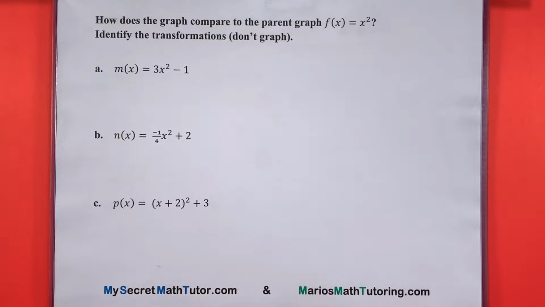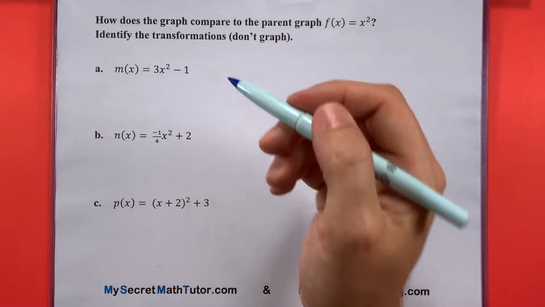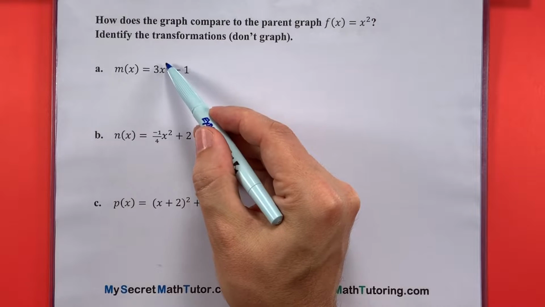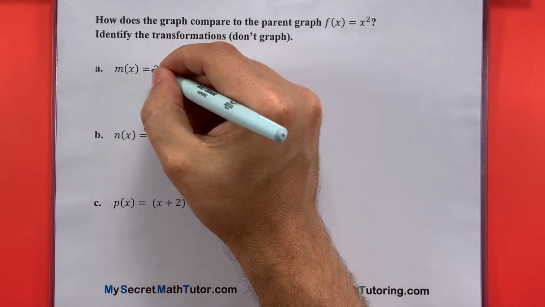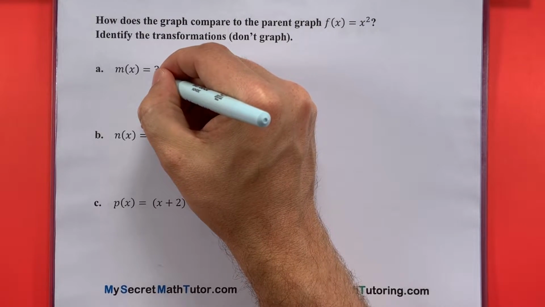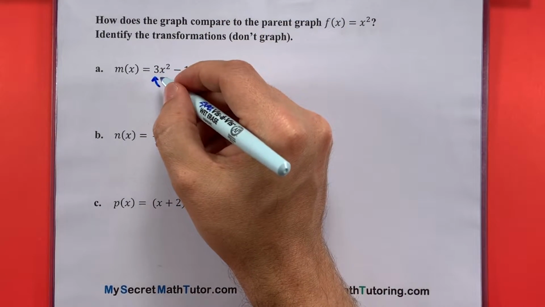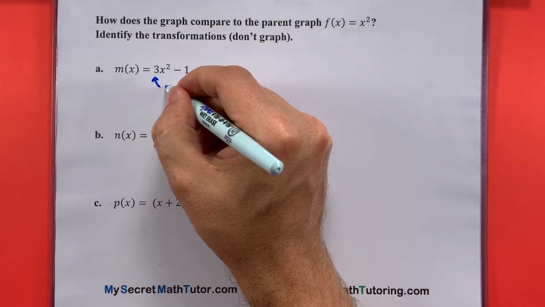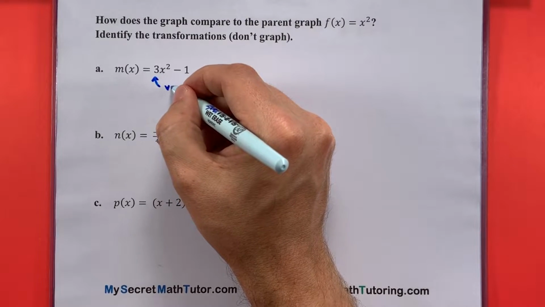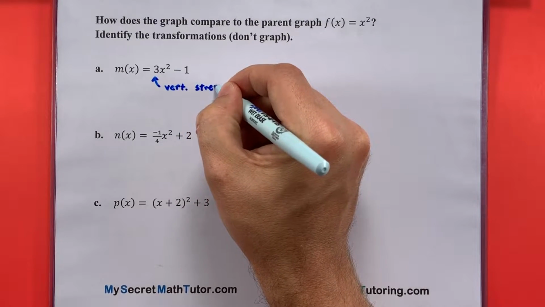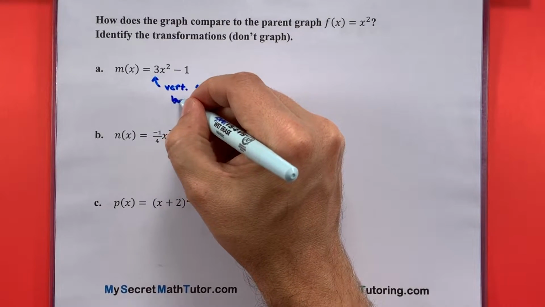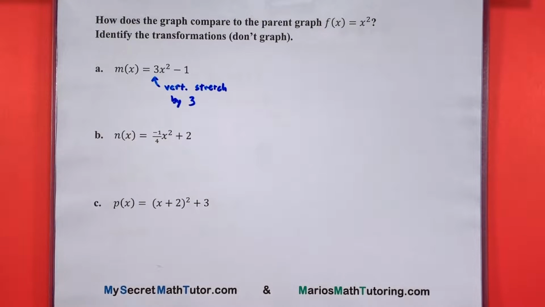For these, let's see what's going on. Starting off with the first one. So we can see we have that x squared piece, and then the 3 and the minus 1 are really outside of that. So first, I'm going to take a look at this negative 3. Since it's being multiplied and it's on the outside, I would consider this a vertical stretch by 3. So what that's doing is it's making the parabola look a lot skinnier and taller than what we'd